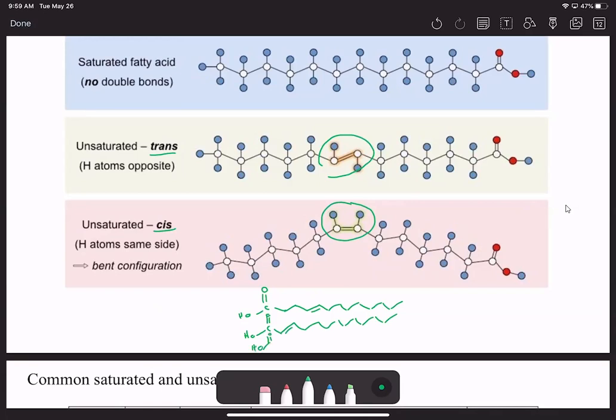And I know the double bonds are in a different place. They don't necessarily all have to be in the same place. But we can see that they stack together very nicely. So trans fatty acids are still pretty dense,